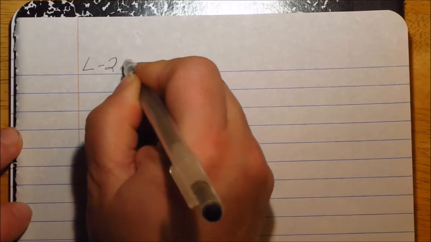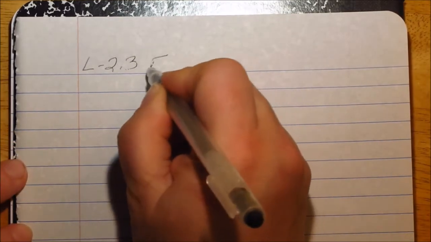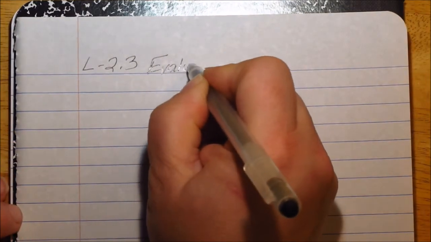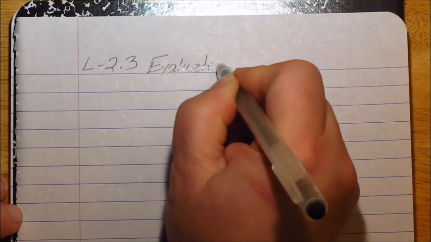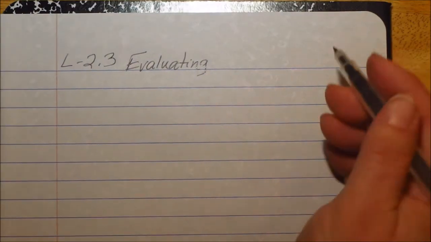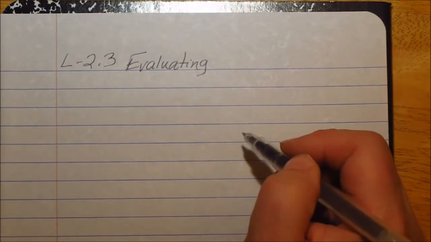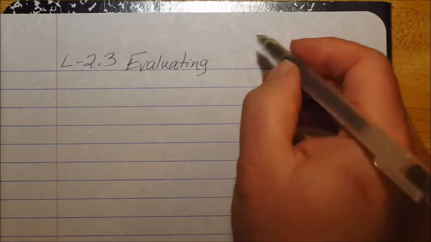This is lesson 2.3 out of the Introduction to Algebra book. Lesson 2.3 is titled Evaluating. Remember, we learned in lesson 2.2 evaluating is plugging in values where you see variables and then solving the problem. So this is evaluating